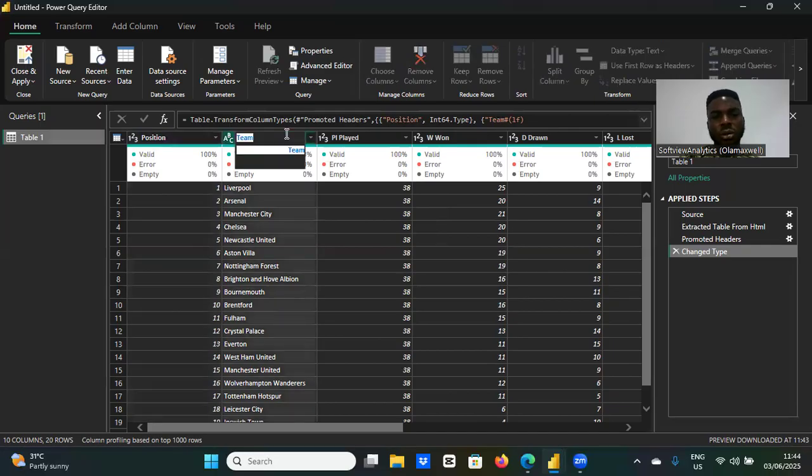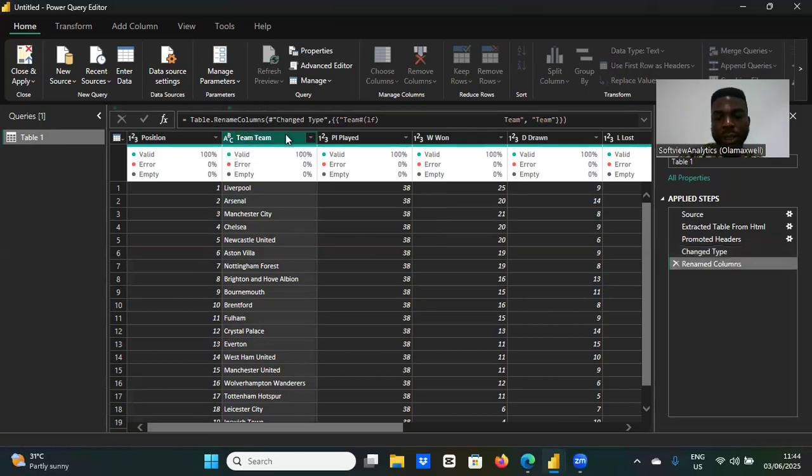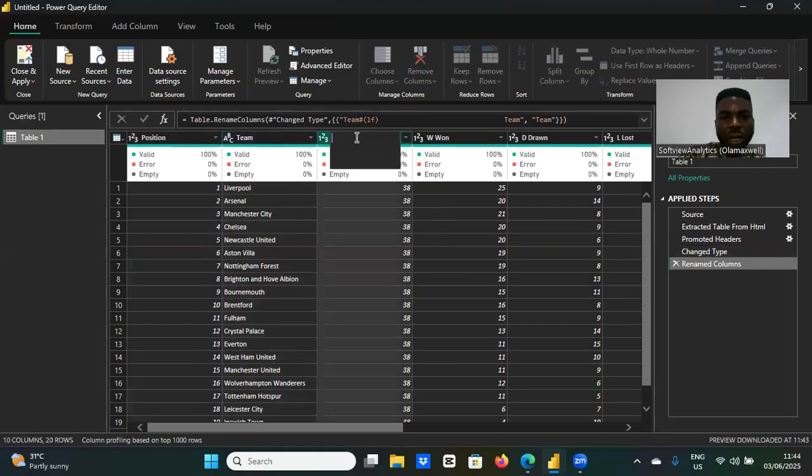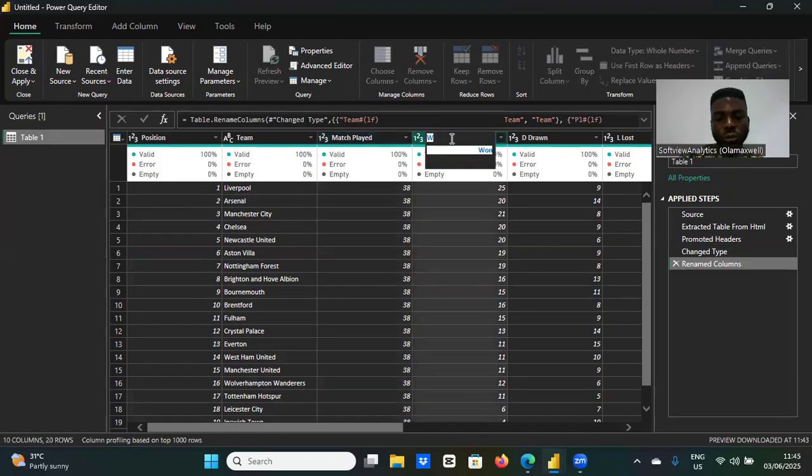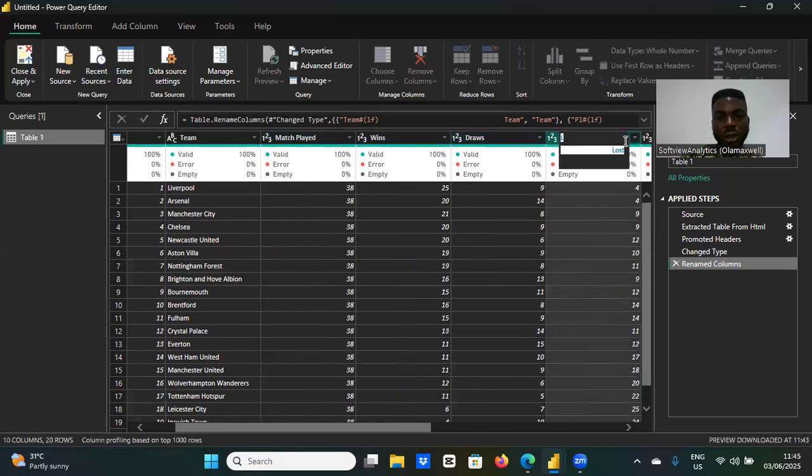Let me rename it to team. I just double click on that area, and I change the name to team. Enter. Same thing here: I double click on this, and I change the name to match played. Enter. Double click on this, change the name to wins. I'm going to do that for all of them. This is draws, this is losses,